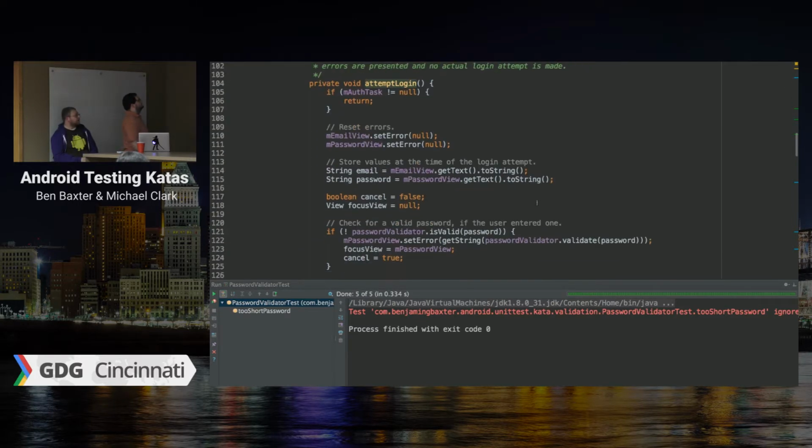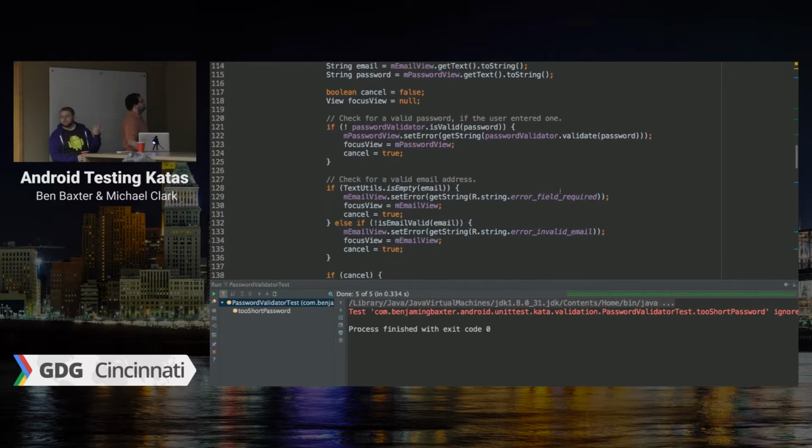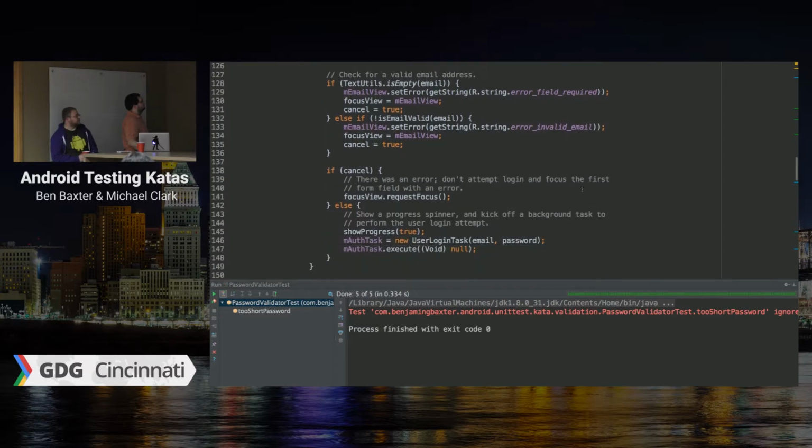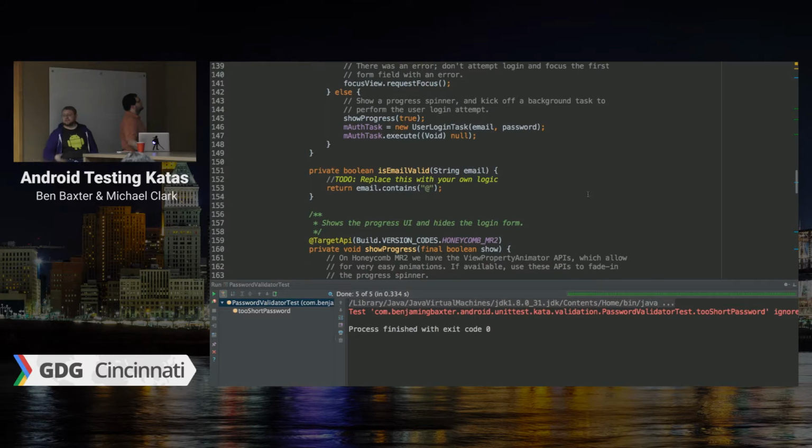Instead of doing all the default logic that Android Studio built out for me, I just replaced it with the password validator, and it does the same stuff. If you keep scrolling, you'll see all the stuff they're doing for the email. Keep scrolling. If you want to check if an email is valid, it just contains the @